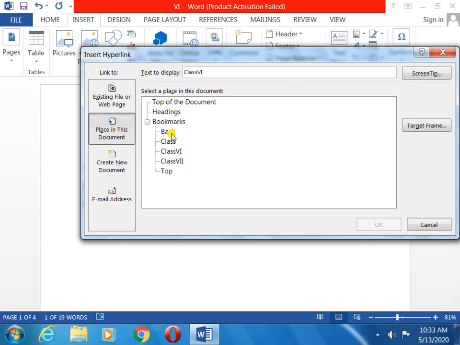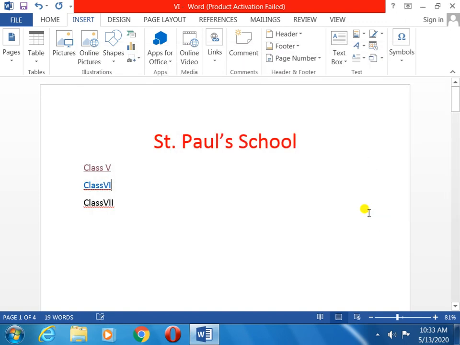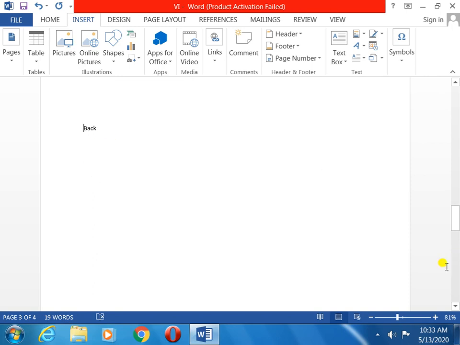Which one? Where will I go? Back option. Back. Okay. Now see, the class 6 option came. See, this one is the page number 3, class 6 page, the name is also there, and back.